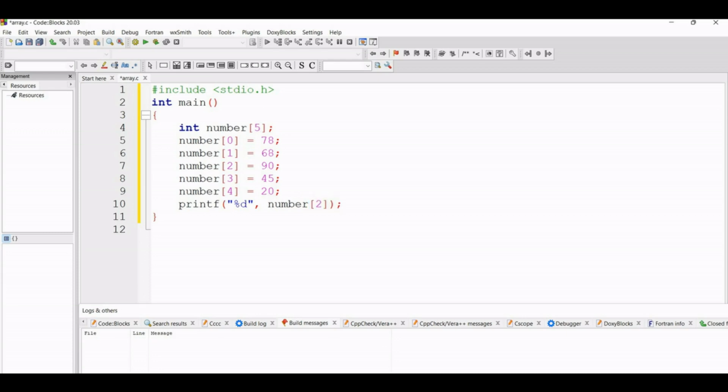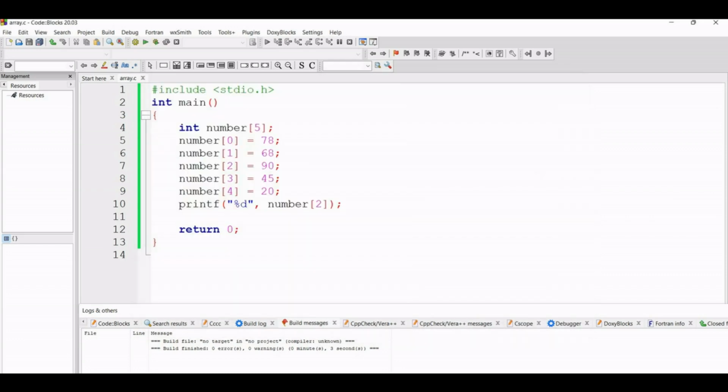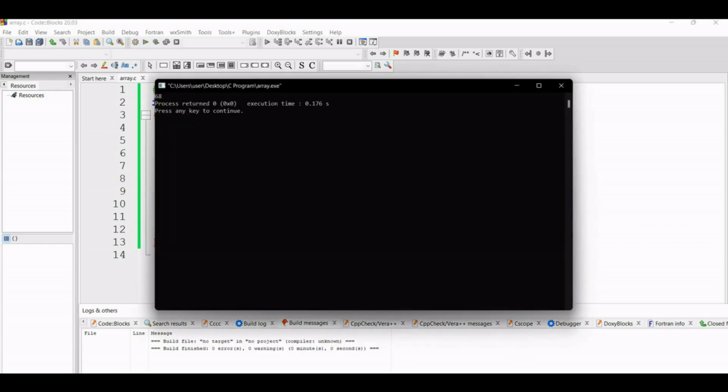Then at the end, return 0, because I have written integer type here, so return 0. Now if we compile this program, no error is there, run it. Now you can see 90 is printed because the value of number[2] is 90. Instead of number[2], if we want to print number[1], 68 will be printed. So compile and run, 68 is printed.